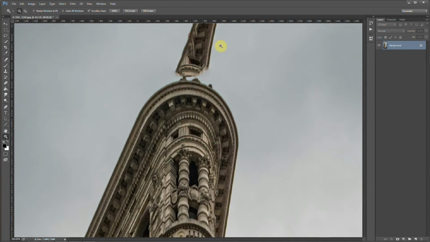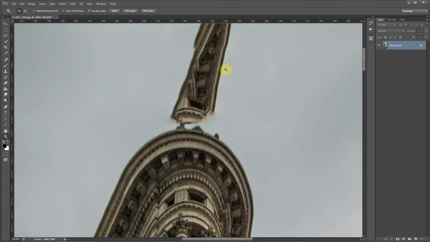And one way to fix something like this is to go in and just take the clone tool and start doing some cloning. Let me make my brush smaller by clicking on the left bracket key and start doing some cloning in this area and try to clean this up. Yeah, it looks pretty good. Let's see. Let me come down into this area, clean that up a little bit. And anyways, you can see cloning is not too bad. It's not real tedious. You could go along and clone that out,